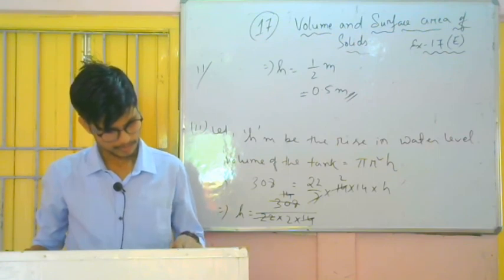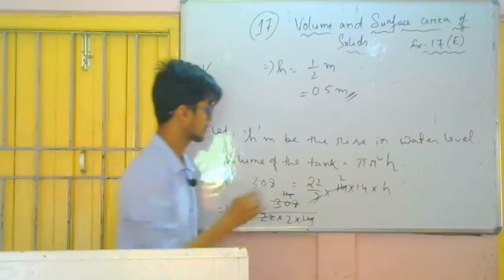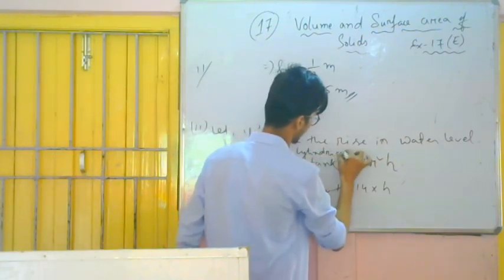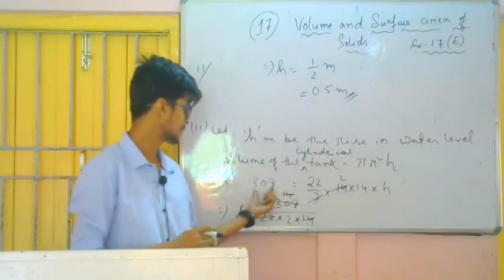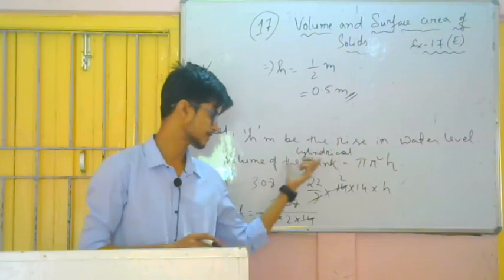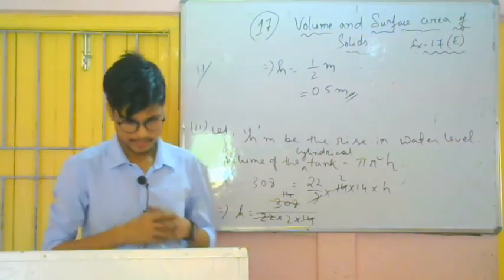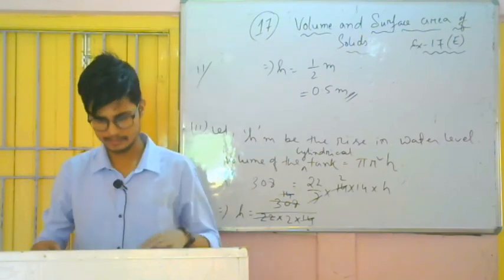Why it is collected in a cylindrical tank of radius. So you write here, volume of the cylindrical tank is given like this. I have taken this one as the water, because on this tank the water which is falling is 308 meter cube. Okay, so this is the end of this exercise.